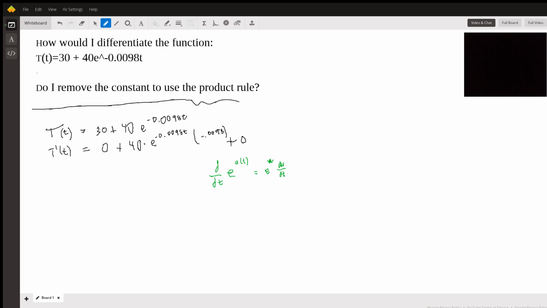If you want to be a little fancy, we could put this on our calculator. We'll multiply 40 times 0.0098, and I get negative 0.392 e to the negative 0.0098t, and we're done. So it's really just a matter, I think the student is having a little trouble with